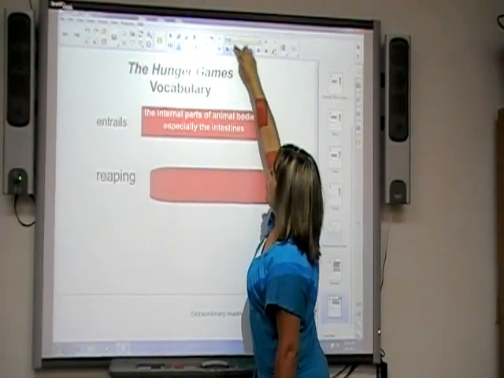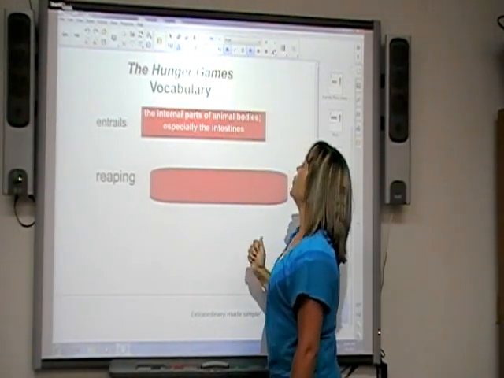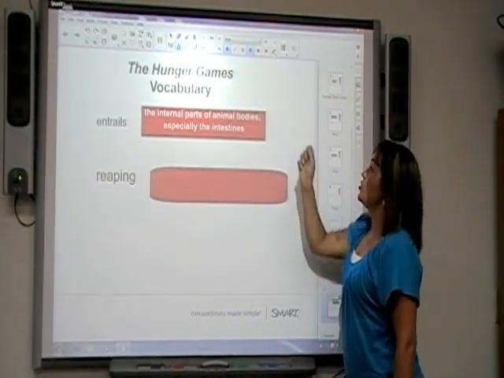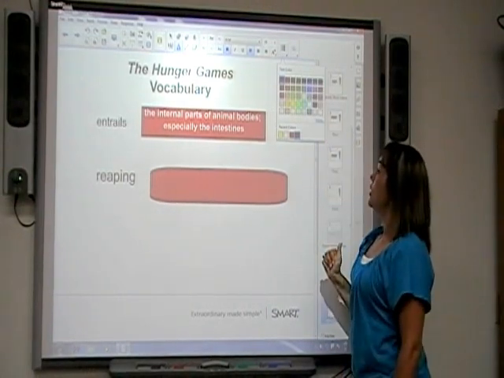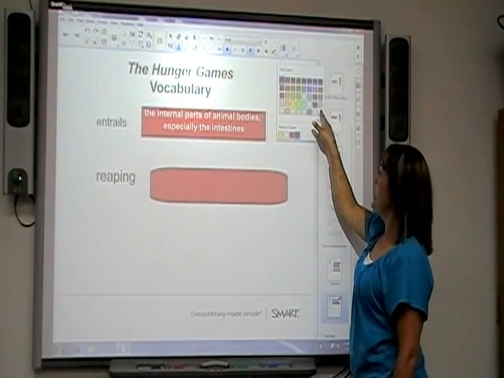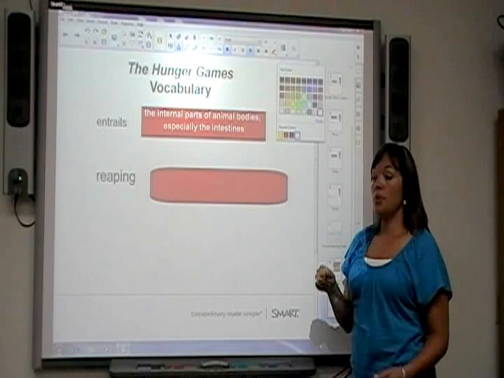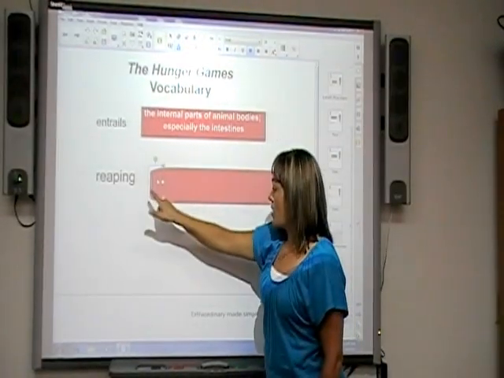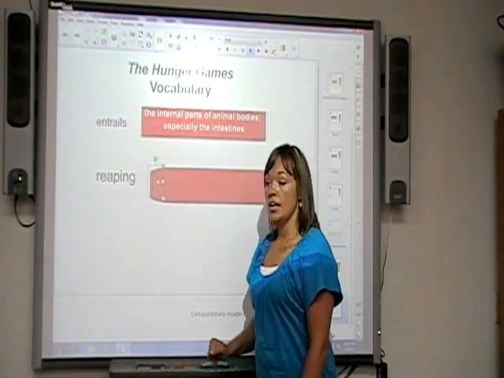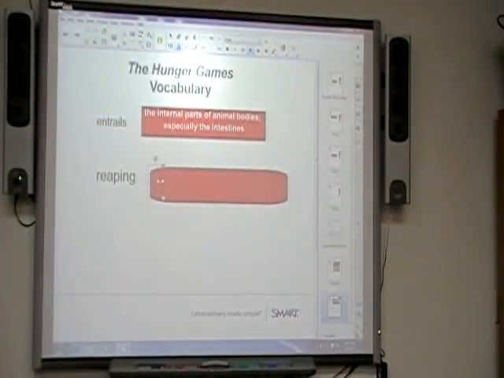I do want it to be bold, so that's the B on the bottom row. And I do want to change my color. So the color box is next to the last on the right. I want my text color to be white. And so now I'm ready to just start typing. So I'm going to click where I want the text box to start, and I'm going to come over to my keyboard and type the answer, the definition, which is cut or gather to obtain